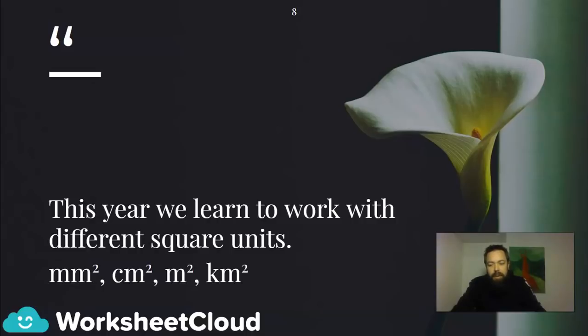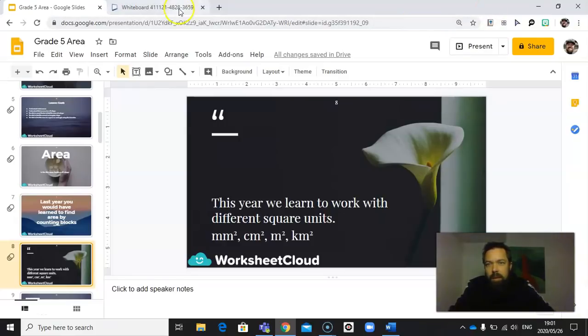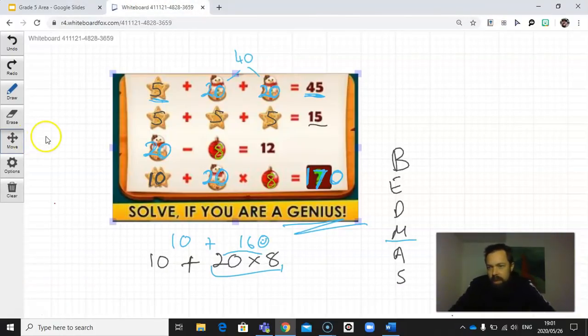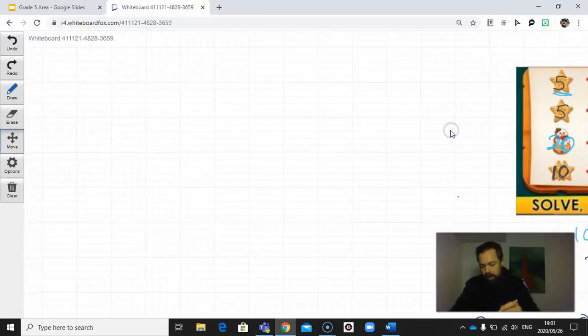That little 2 up there is read the way that I just read it. So the first one is millimeters squared, centimeters squared, meters squared, and kilometers squared. But we also refer to square millimeters, square centimeters, square meters, and so on. Just what I mean by that, if I just jump across here,